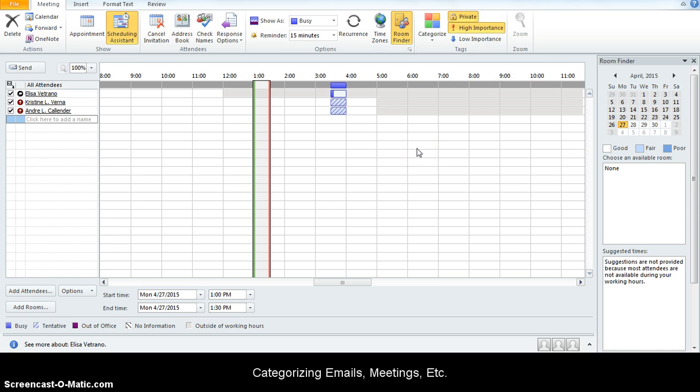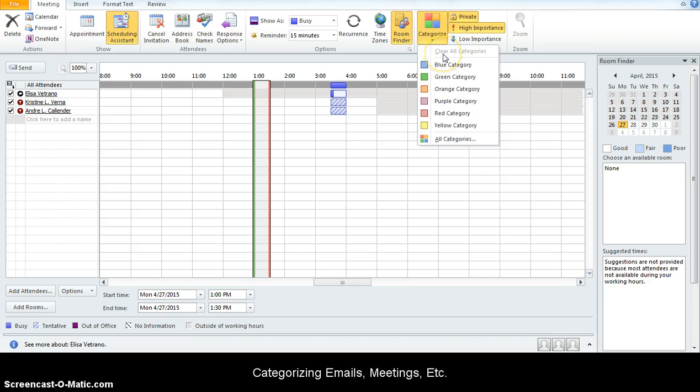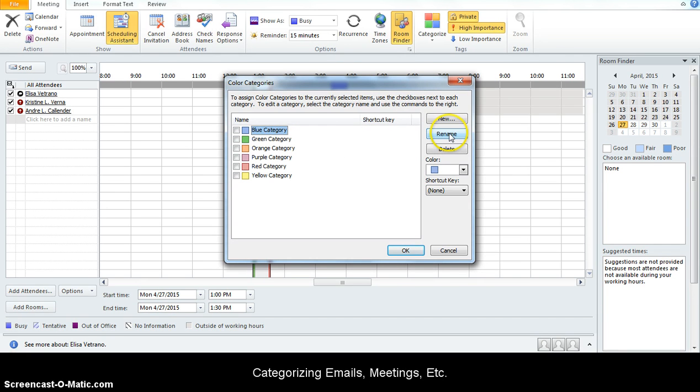Another feature Outlook has is this categorize feature under the meeting tab in the tags section as well. Let's click on categorize. Here you can see each colored box is named blue category, green category, etc. We can go into them by clicking all categories, and we can rename them, making them whatever name that we please. So for blue, I'm going to write school. For green, maybe work. And orange, other. By clicking whichever one you desire,